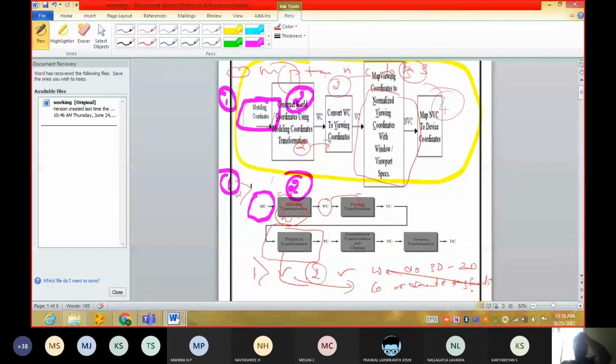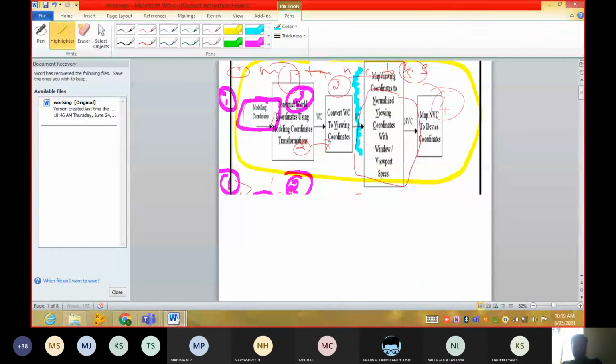Guys, go through this one. See here, guys, I will identify that one, highlight that one. See here, guys, what we are supposed to do is we are supposed to make a change here, for 2D and 3D.